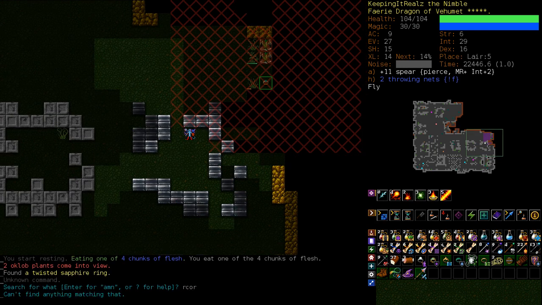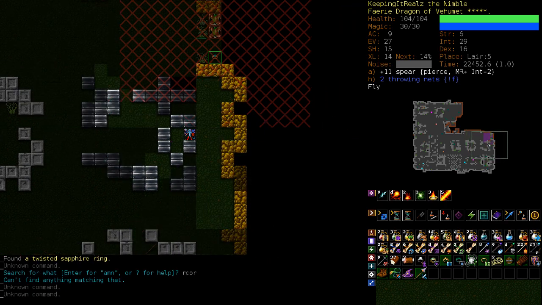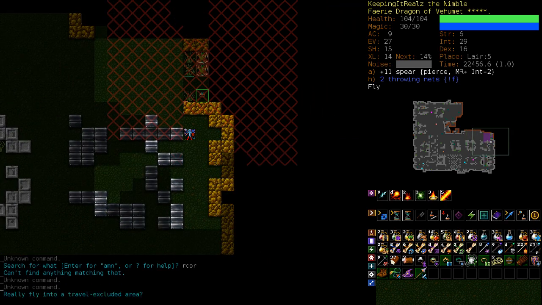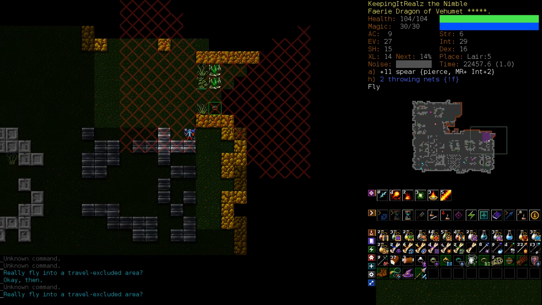So we went with the fireball because it couldn't miss. We've got a ring there that we don't know. Okay. Do we have... No, I just searched. We don't have any arc corrosion. What we can do here is...